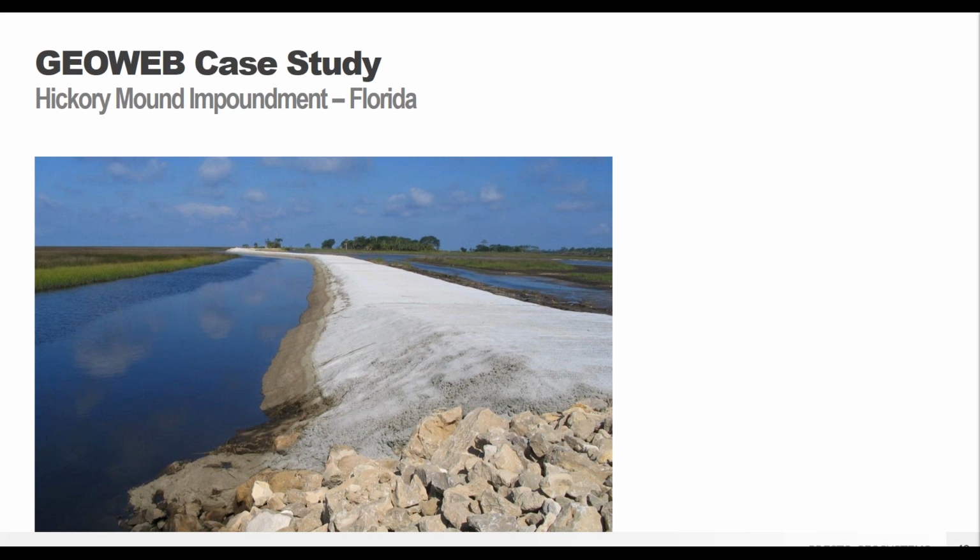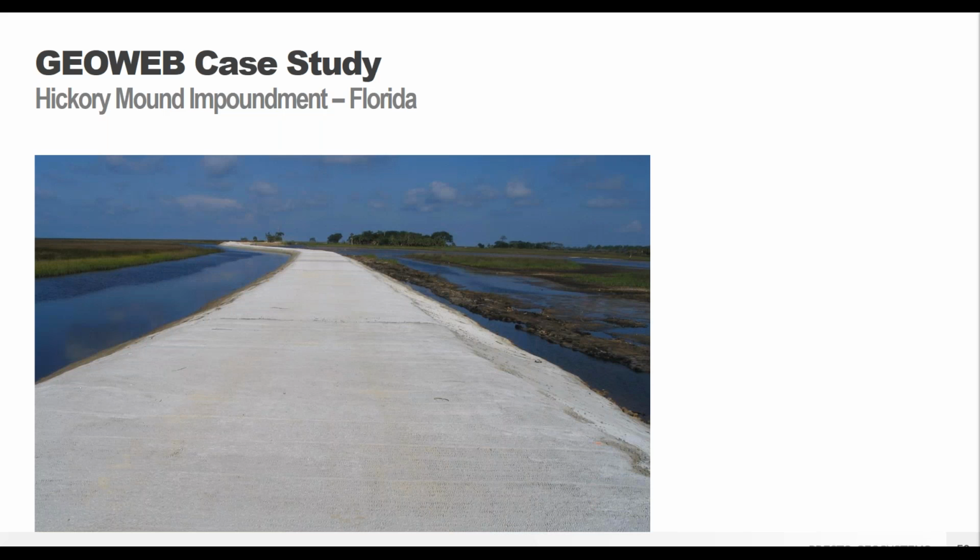You don't need to take any special precautions, anything like that. And then one last quick one was an impoundment pond down in Florida. They actually wanted to create a roadway system through the middle of the pond for maintenance activities, that sort of thing. They wanted this as a concrete road straight through the middle of their pond. So they piled up and made an earthen dike and then put the GeoWeb panels on both sides and across the top of the dike. So it was wet on both sides and then a smooth surface on the top.